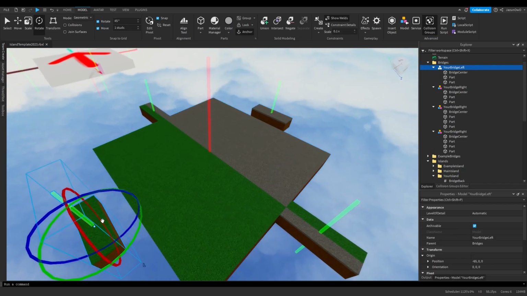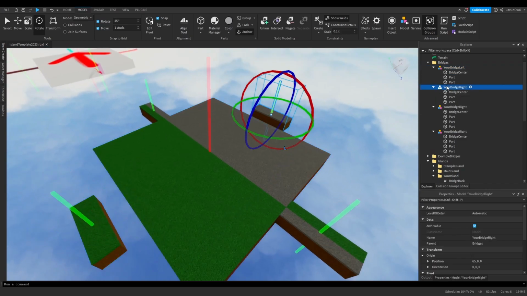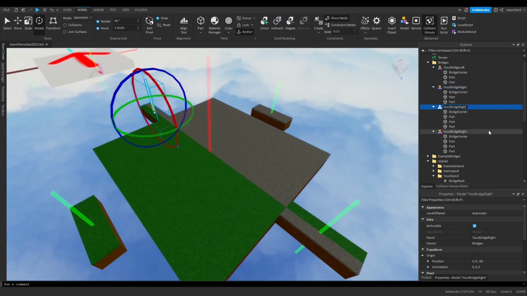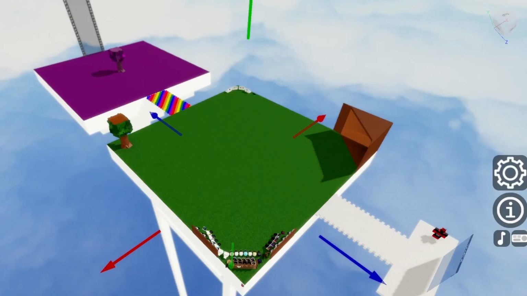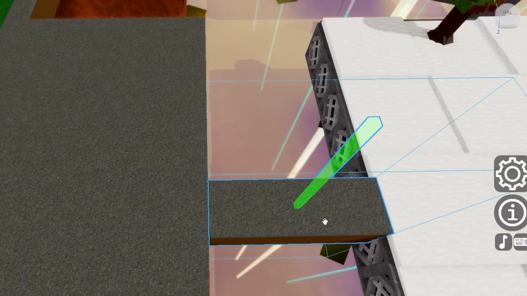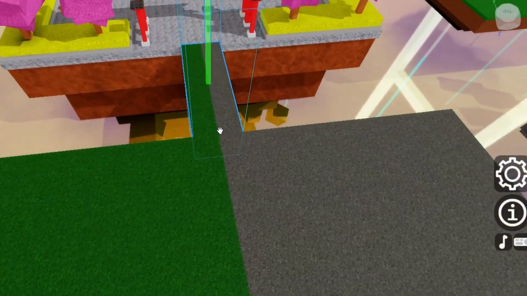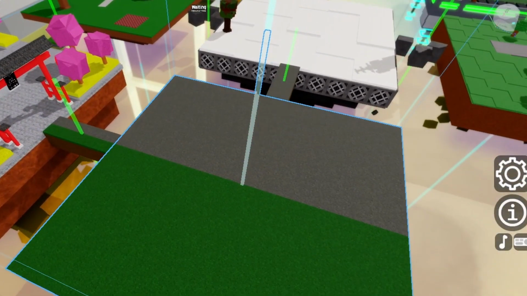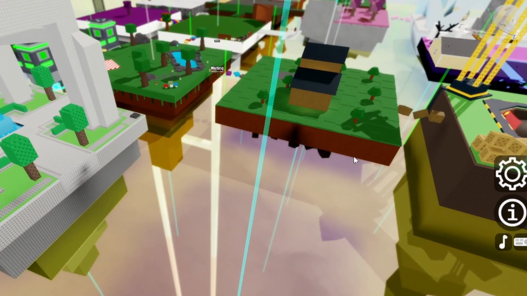But you want to make sure all your bridges are named correctly. So your bridge right, your bridge front. Then I'm going to set the bridge priority to 999 because I'm not dealing with conflict right now. And as you can see, the right bridge is appearing correctly, and so is the front bridge. And if I reshuffle the islands,